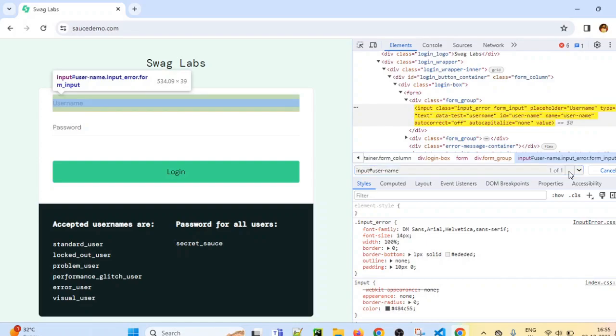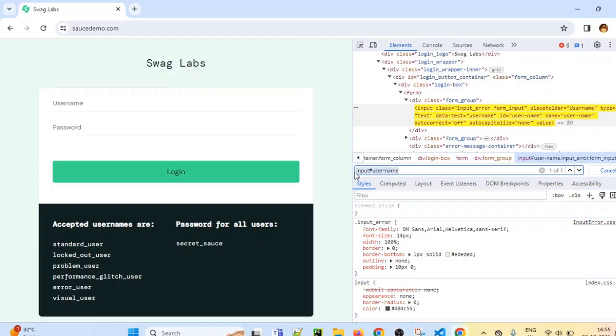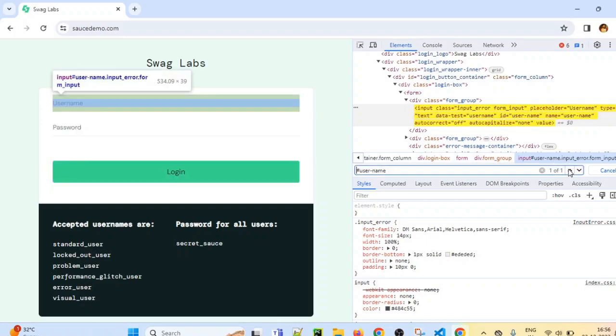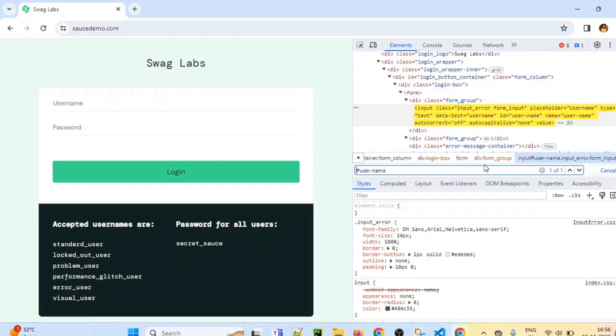That's it. So this will highlight username field. If you see, this is highlighting the username field. So we can use it as a CSS selector in our script. And tag name is optional here. So we can write like this also with tag name, or even if you don't write the tag name here, then also it will identify the element. This is also perfectly fine. So we can use tag name or we cannot use tag name. That depends on us. Right?